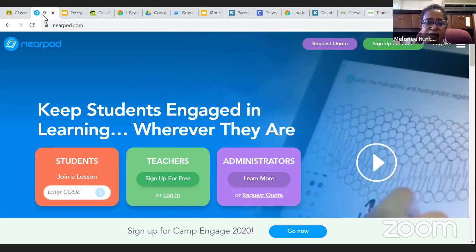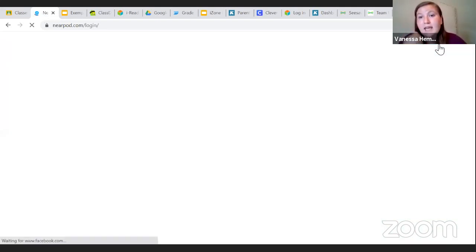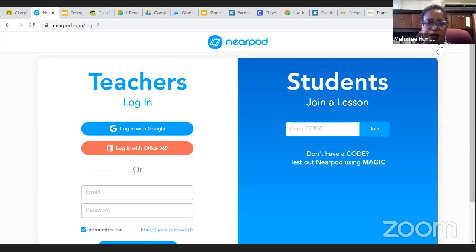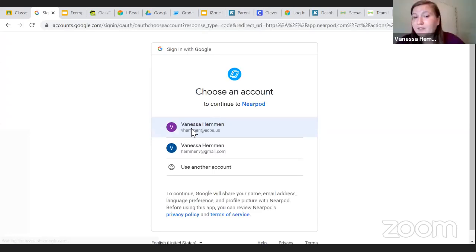When a student logs into Nearpod, they'll see a screen that's split in half for a teacher login and for students. All students will need to do Nearpod is an access code, which will be provided to them by their teacher. They will get a new access code for different lessons or activities, but that's all that they will need to log in. I will log in over here just to show you an example of what that looks like